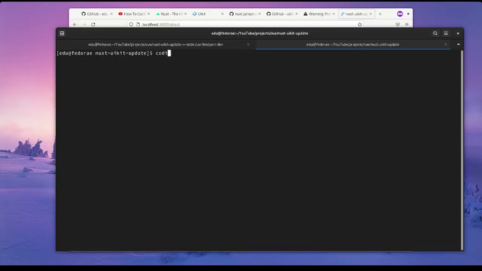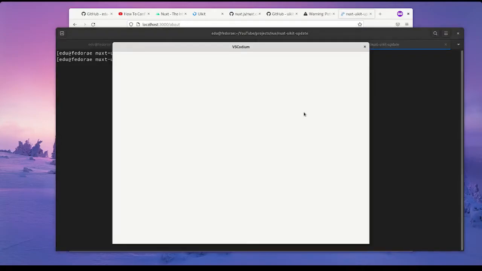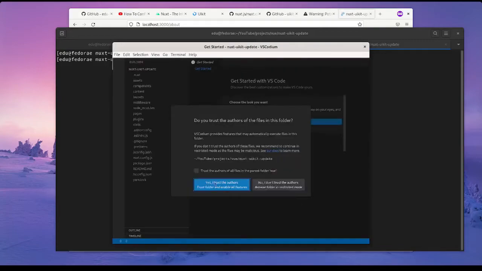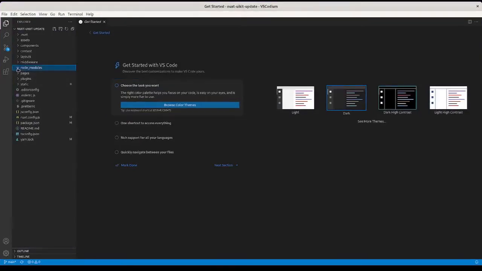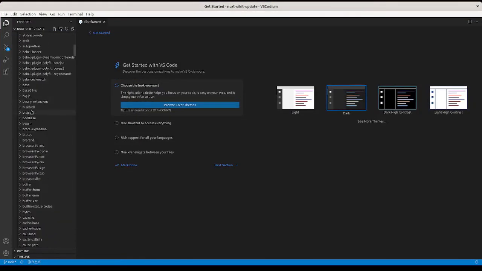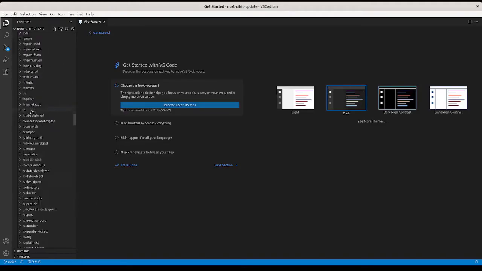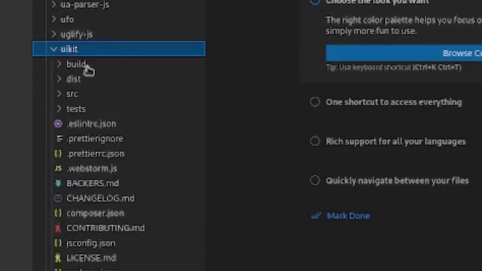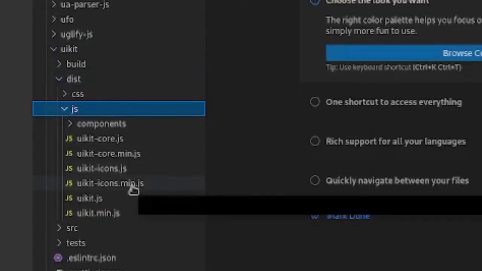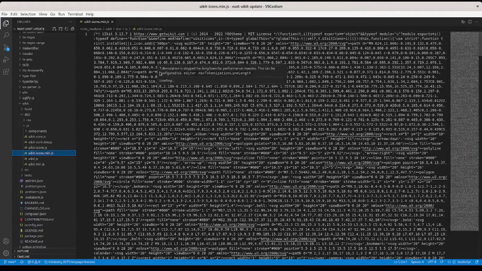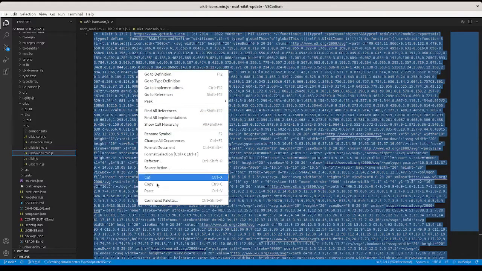Another way that you can do this, if you're not using the command line as I am doing, you could open this in something like VS Code, or for me in my instance I'm using VS Codium. So we could pretty much just go to node modules here, find uikit. All right, here we go. So uikit dist JS, and we have the min and icon, so you can see all of it here. You can do a simple select all, so that's Control A, and then you could copy it,